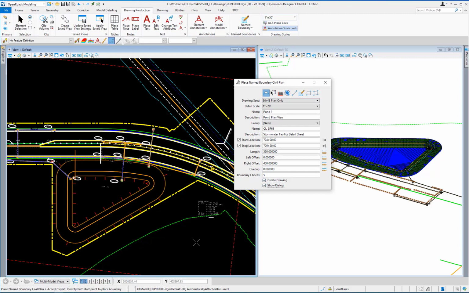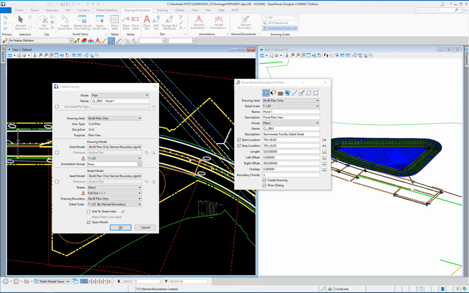Now, left-click an open space in View 1 to preview the boundary. Left-click again in open space to accept this boundary, and the Create Drawing dialog box will open. Make sure the Mode drop-down is set to Plan and the Name field is set to Pond 1.